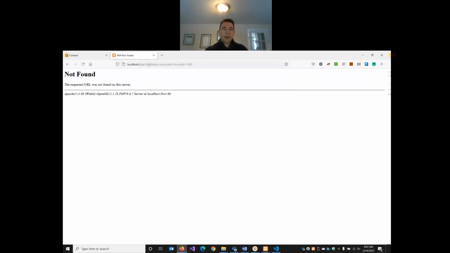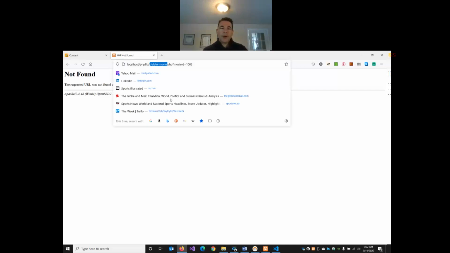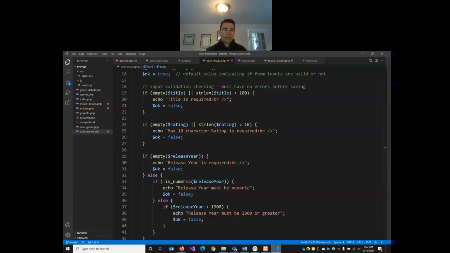One thing I wanted to note, I made a few comments in people's lab 1. Several people had spaces in their file names or folder names. This is never recommended when we're working with web projects. When we have spaces in URL paths, they often get encoded, they get broken. So we should always separate multiple words either with dashes or underscores, but never with spaces. And that goes for both file names and folder names. Okay, so I'm going to use delete-movie instead of delete space movie. Your operating system will let you create files and folders with spaces, but never recommended when we're working in